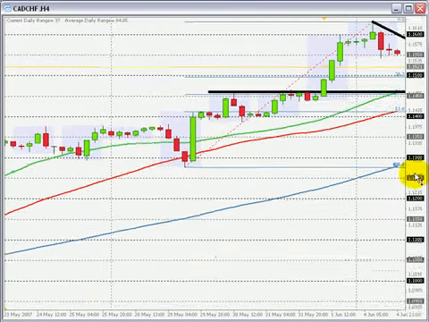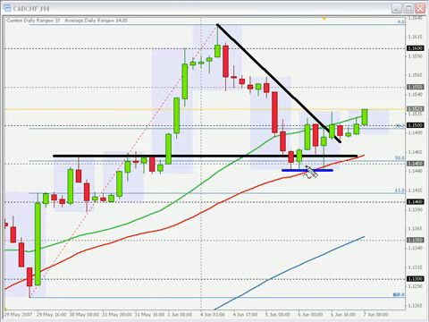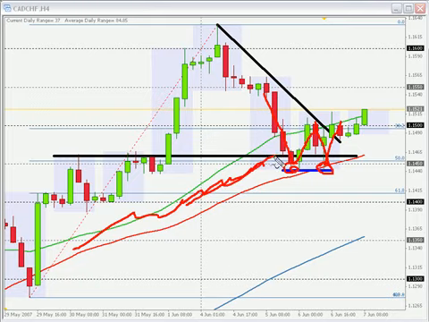Let's zoom in a little bit more for a clearer view, guys. And yesterday we broke to the upside. We formed a W formation, a W formation right off the dynamic area of support. This is one of the formations I talk about on my website. A double bottom right off an area of support, and we've just broken the W formation